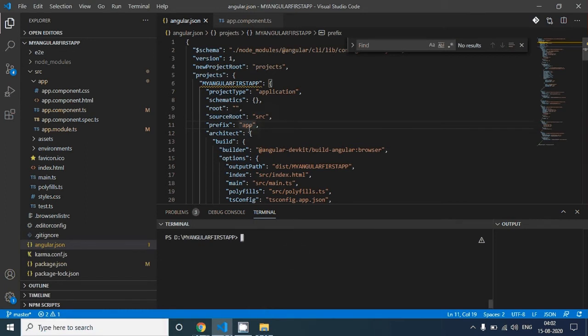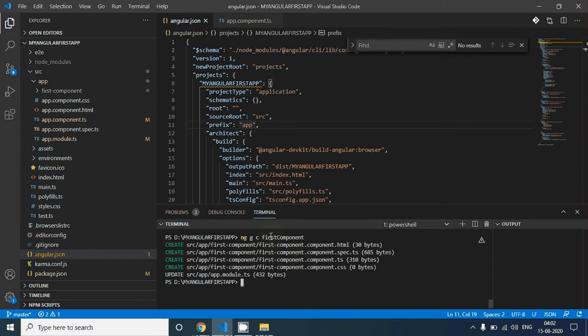Clear the console, and as of now, let's create a component. For creating a component, the command is ng, g for generate, c for component, and the name of the component. Whatever name you want, you can give. So first component, press enter. If you don't know about components, don't worry.